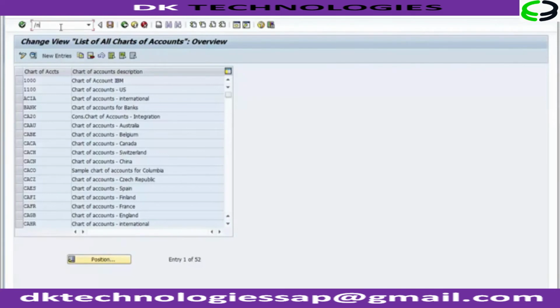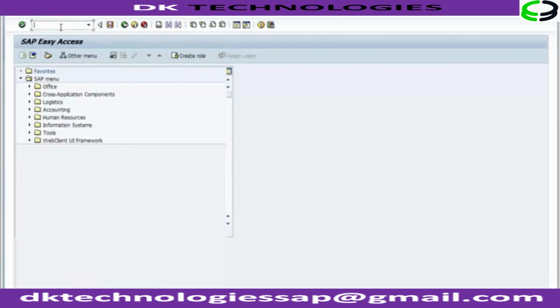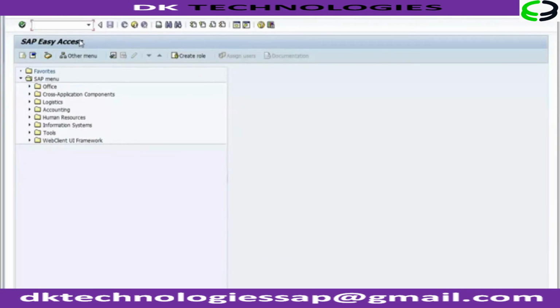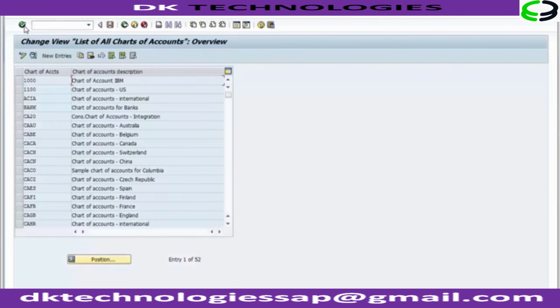/n is to move out of the present screen and to get on the main screen of the SAP system, that is the SAP Easy Access screen, the main screen. Now we can go to the transaction code OB13 without the path. OB13 and then enter. Now you can see the screen is already there and your 1000 chart of account is already created. In case I have to create new, I can go again to the new with the transaction code,